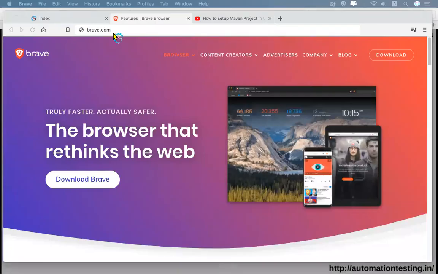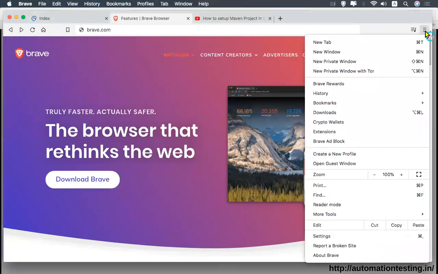So this is brave.com, the browser that rethinks the web, truly faster and safer. It's developed on top of Chromium, the same way Chrome is. So it is very similar to Chrome, but it is much faster and safer when compared to Chrome.